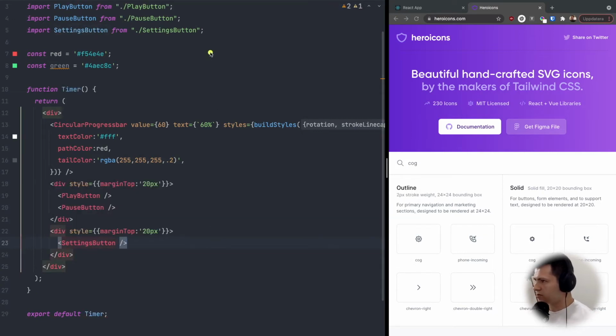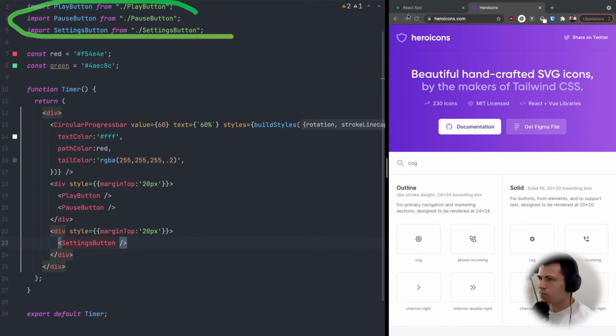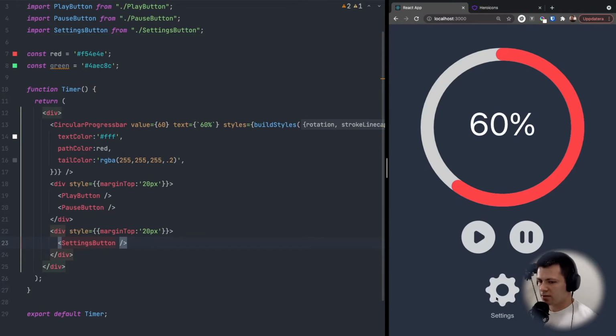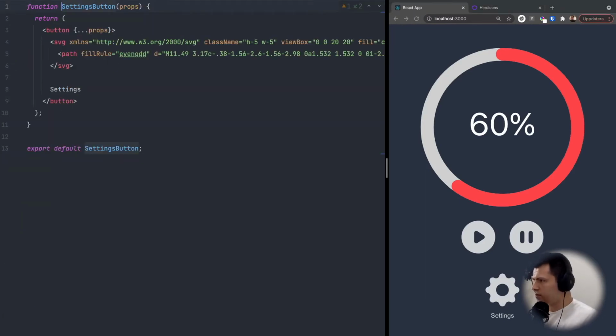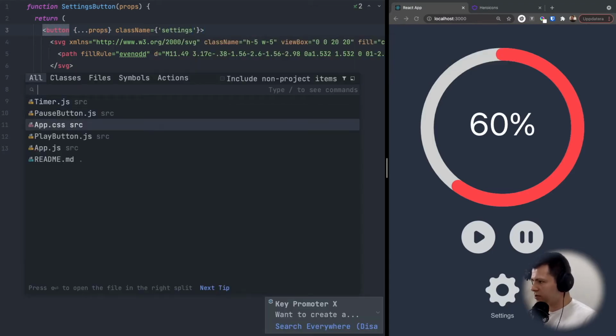Yeah, although those have been imported for me, so if it doesn't do it for you, you need to add those lines here. Let's see. Yeah, we have SettingsButton, but let's make it a little prettier. So let's add a className, settings, to the button, and now let's go back to styles,